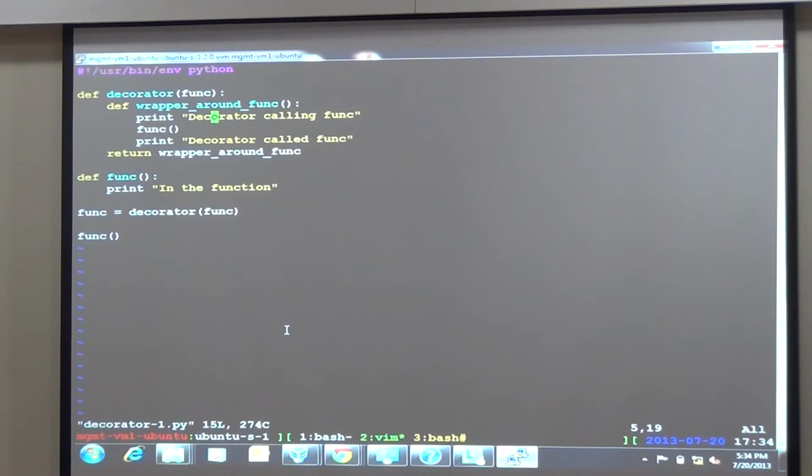So this could be useful. Say you want to have a situation wherein every function call that is made is being logged. You want to take some corrective action. As and when functions are being called, you want to do something: a pre action and a post action, right? So that is where decorators come in handy.